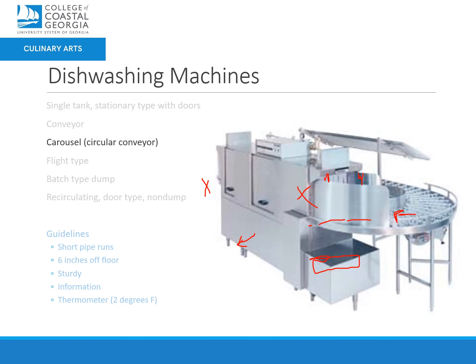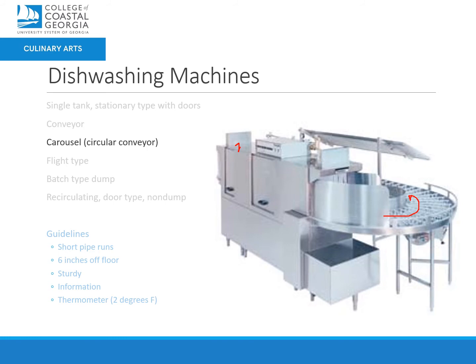Here we have what is called a carousel conveyor, which means that the conveyor belt on this one, if you'll notice, is circular. So you load dishes on it, they go around, and they eventually enter the machine way over here. They come out and they're still on the conveyor belt. So if you didn't remove the dishes, they would just go in for another wash. So this is for a very large operation where essentially you're going to have dishwashing going for extended periods, where you have people continually feeding dirty dishes onto the conveyor and other people continuously removing